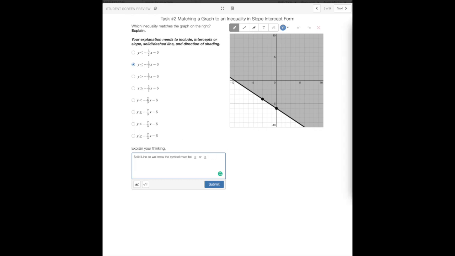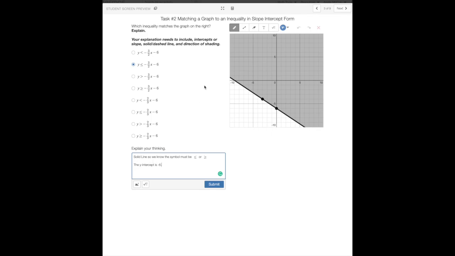Now, for the line itself, I noticed that the y-intercept is -6. I'm looking at the y-axis here. This is a point that's highlighted for me as well on the graph, and this is at -6. Well, all of these have a y-intercept of -6, so it doesn't help me eliminate any option, but I am going to take note of that simply because I do want to mention intercepts in my